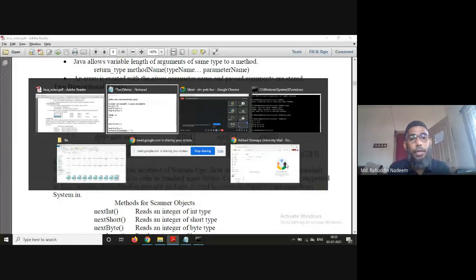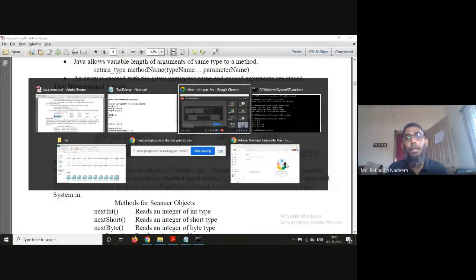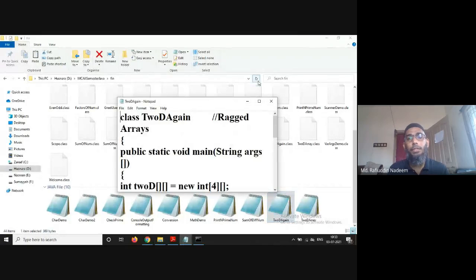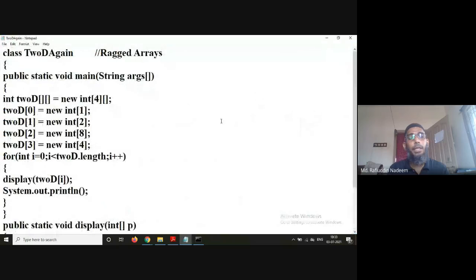Let me show you an example. Also remember that like single dimensional arrays, two dimensional arrays are also assigned with zeros by default. Here, a two dimensional array is equal to new int[4], and the second bracket is left empty.